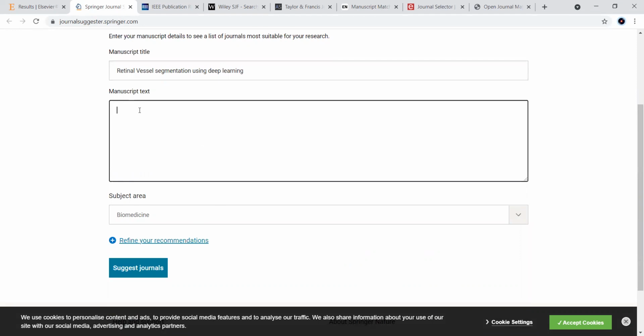I type something like: in most of the retinal issues arising today, most of them can be forecasted using deep learning algorithms.